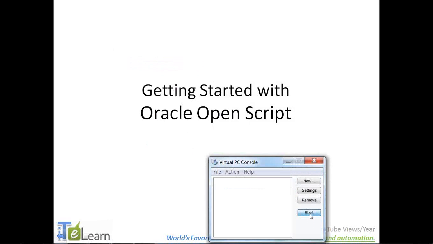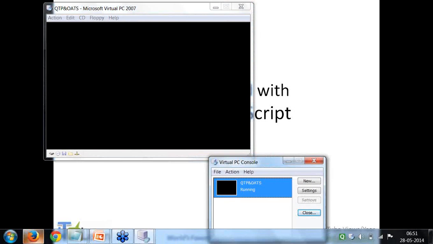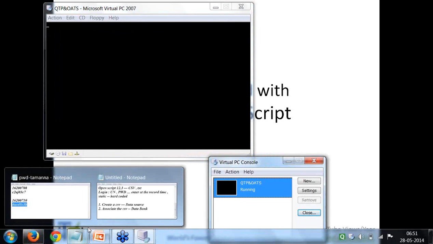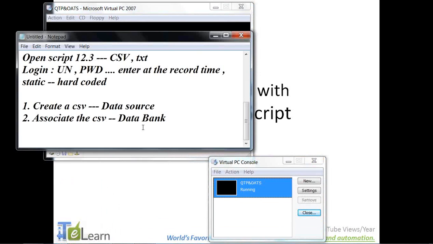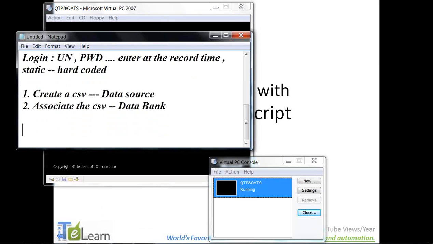I'm just trying to launch my virtual PC so that I can show you a script which is recorded. As I told you, there are certain problems with Windows 7. I have Windows 7 as the software, and the browsers I'm using, IE, is the latest version, that is IE 10, and Mozilla Firefox is also the latest version, the 29 version.